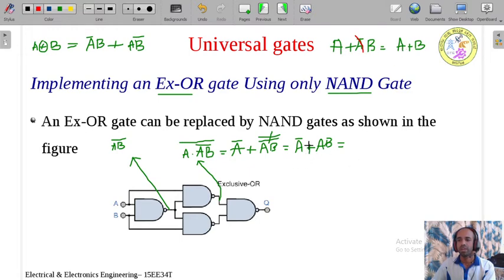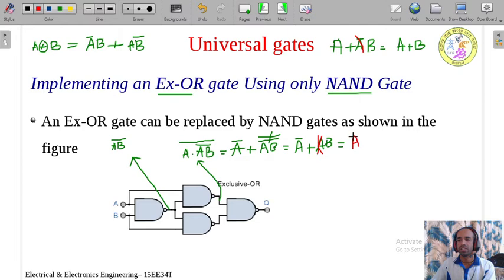So similarly what I am having here is A bar plus A. What is the complement of A bar? Complement of A bar is nothing but A. Now here one variable is there and its complement is A and B. So since this variable and its complement are available here, I can neglect this complement. I can neglect this A here. So what is left now?